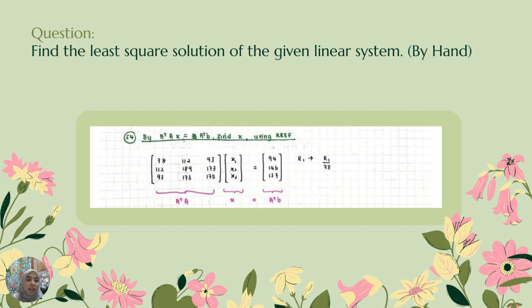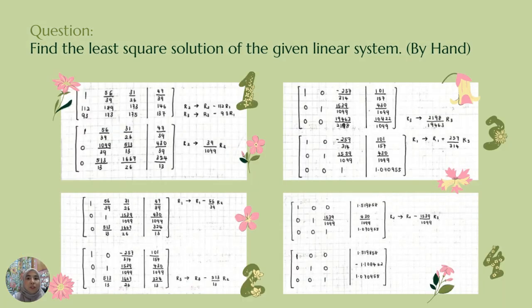Hence, we know that AX is not equal to B and it has no solution, but we almost get it by the least square solution. And we can find a least square solution if we multiply both sides by A transpose. We know that A transpose times A times our least square solution is going to be equal to A transpose times B. So, to find the solution, we use reduced row echelon form,